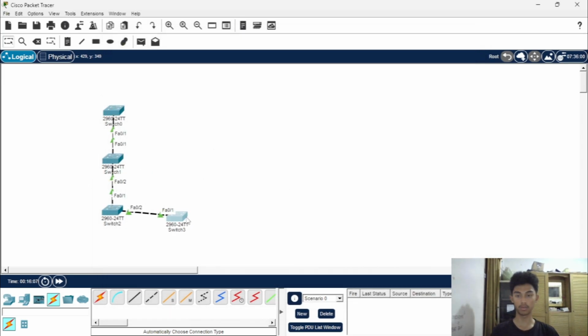Then we are done changing the mode of the switches.